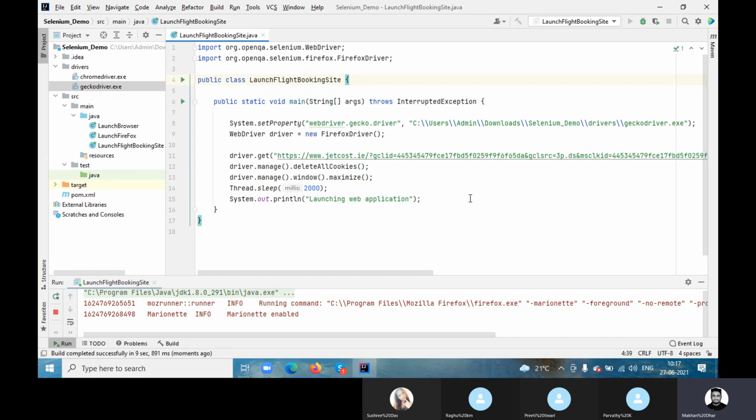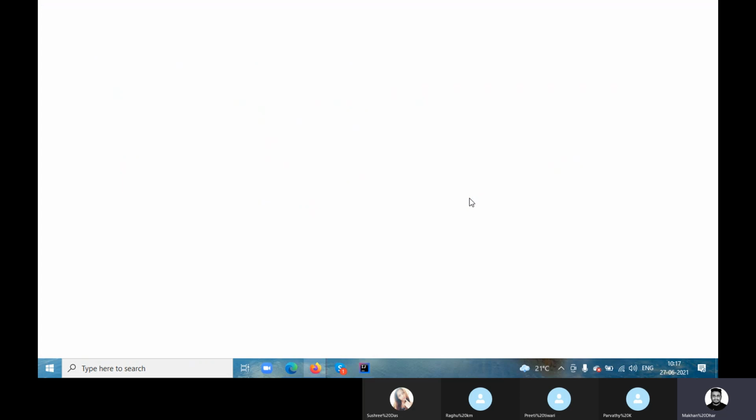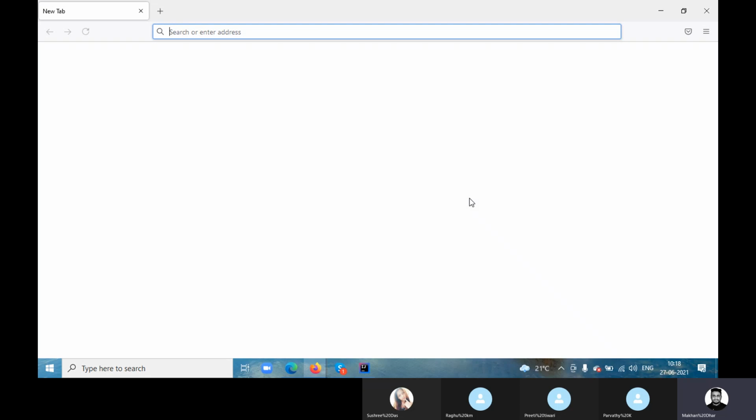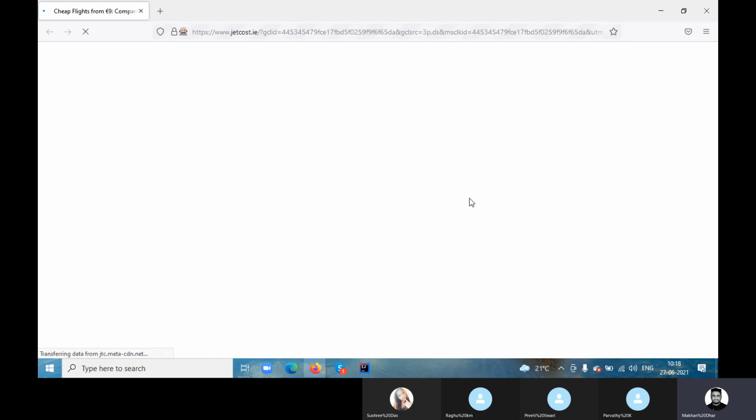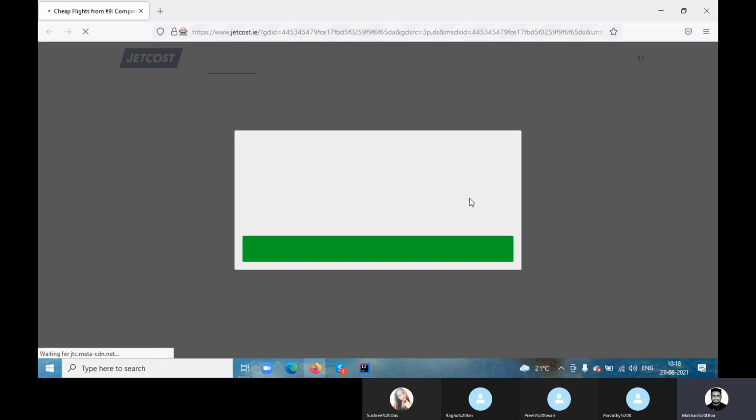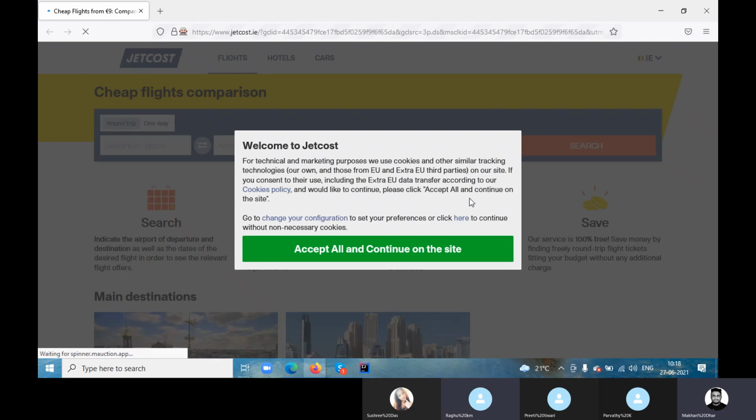It will run, I think. So this is the set property. Raghu had some issue yesterday. He wrote all the things correctly, but he used uppercase for the driver, like webdriver.chrome.driver or gecko driver. That's why he was also getting the same issue, right? Yeah, Madan, I used uppercase for one letter. It was not giving an error. It's all case sensitive, I think.